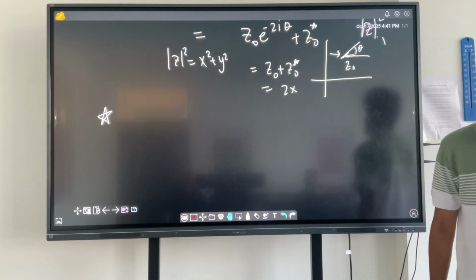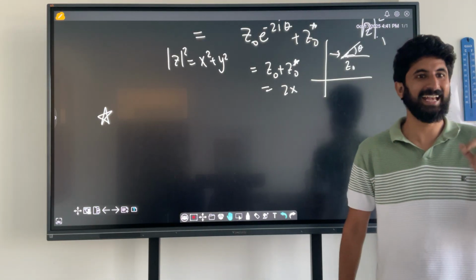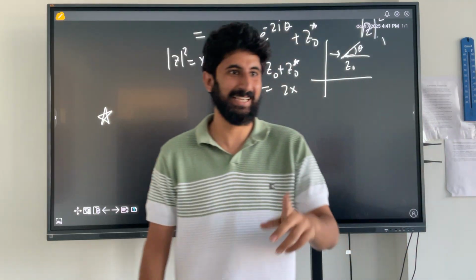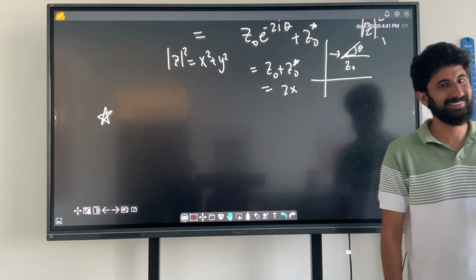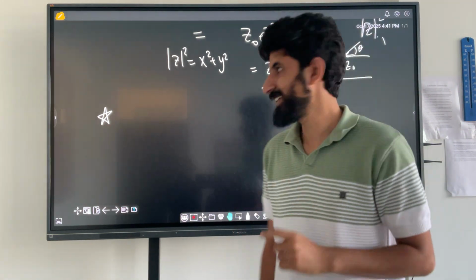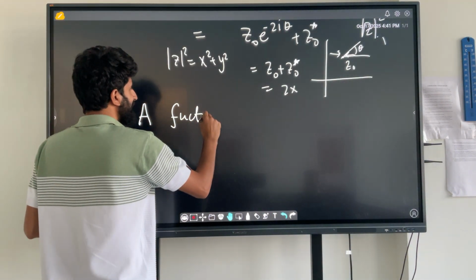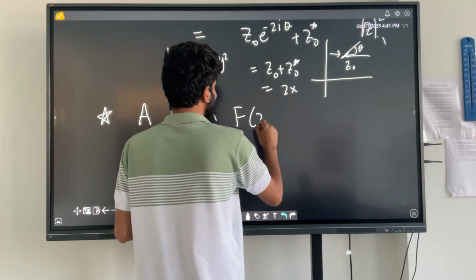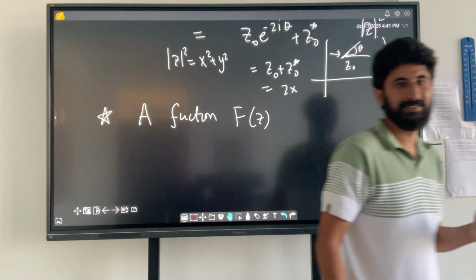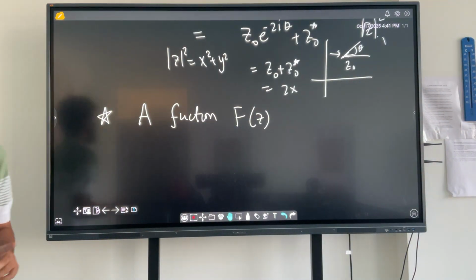Now we are in a position to define what we actually mean by analytic functions, the bigger picture. A function f of z is said to be analytic at z equal to z0